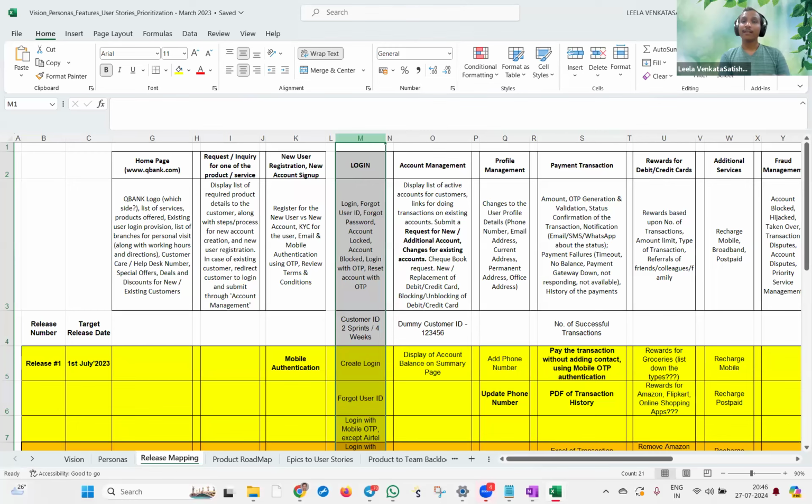Customer ID, for which I will create a dependency with the login team. If I'm the Scrum Master of the account management team, I will come and talk to you, Venkatesh. My team, to start displaying the accounts, we need the customer ID. How soon can we get the customer ID from your team so that we can start displaying the actual accounts